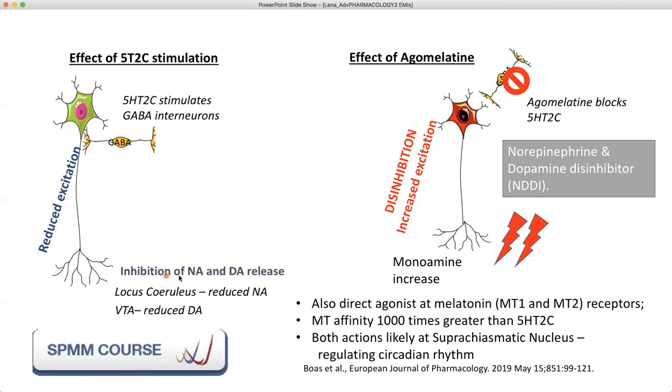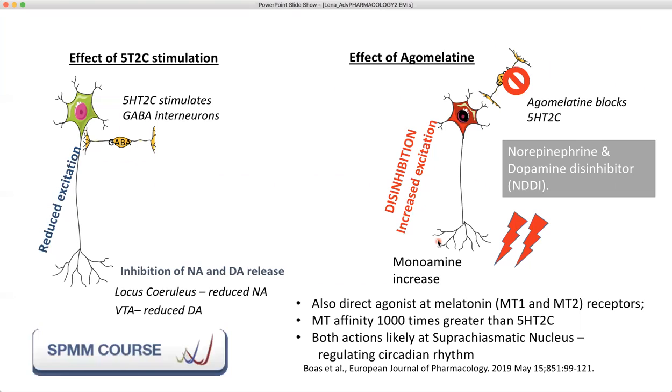And this particularly reduces the excitation of noradrenaline and dopaminergic release neurons. So you'll have less noradrenaline and less dopamine when you stimulate 5-HT2C. So if you block 5-HT2C, what will happen? Agomelatine blocks 5-HT2C. When you block that, this inhibition effect is gone. In other words, you're getting a disinhibition effect with agomelatine. This disinhibition means there is increased excitation and there is increased monoamine release, and this is what you need to